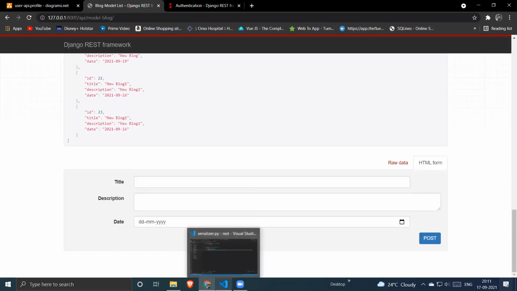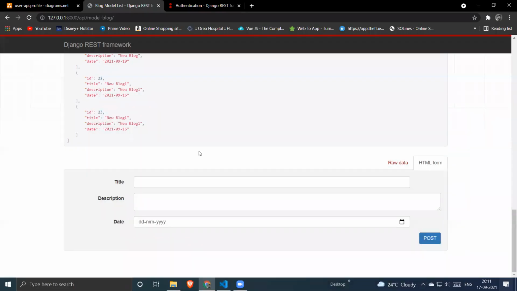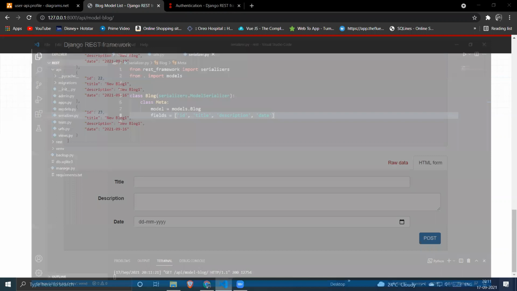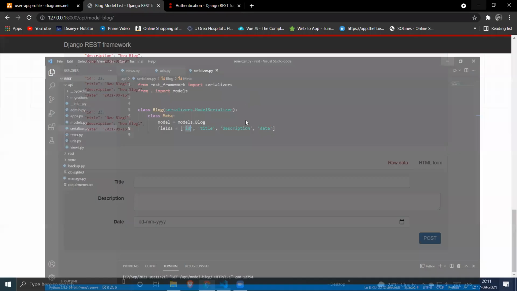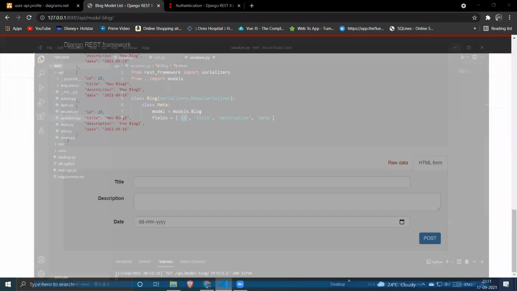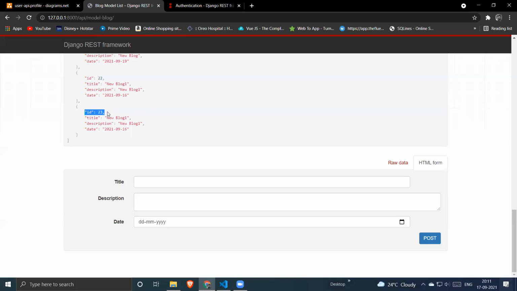So the IDs are generally not editable or writable from the APIs. It is only a readable attribute of your model file, so it won't change from the API. If you pass this ID from your serializer, suppose you have a foreign key, you can change the foreign key, but you cannot directly change the primary key from your serializers. If you define a serializer which has this ID, which is a primary key, you will see the primary key as an attribute in your response, but you cannot directly update your ID.